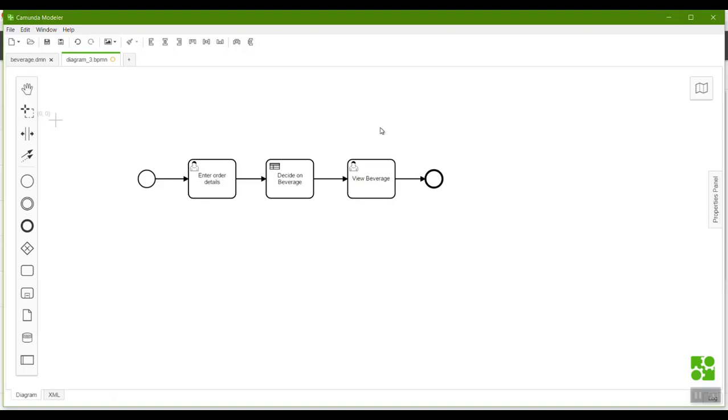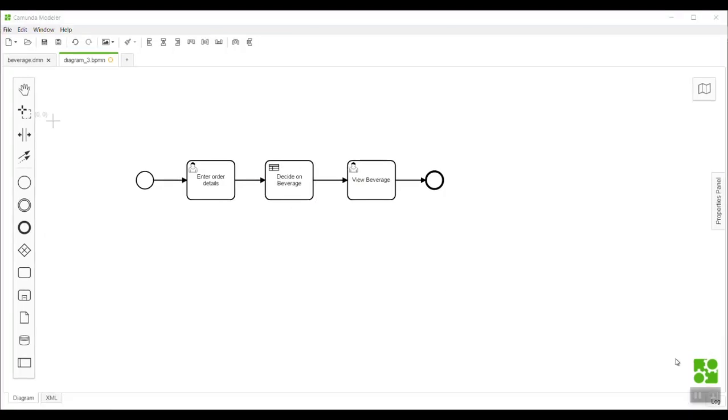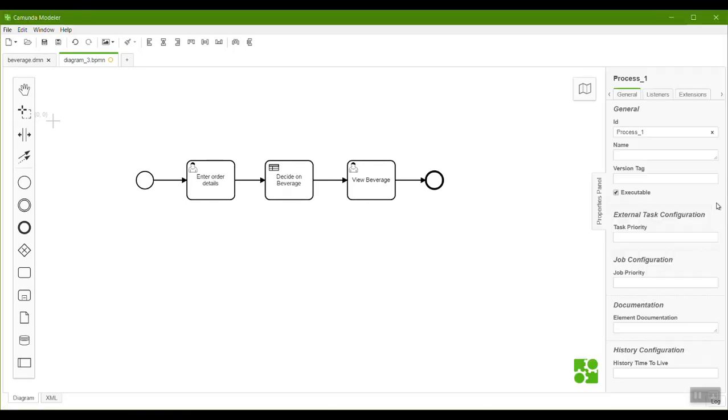So while this is great for design time, we now need to go in and actually make this executable and add the parameters that the engine is going to need in order to call this table. Okay, so let's do that next. All parameters that require execution are added via this properties panel on the right. So I'm going to select that, and first of all we need to give some parameters to this specific process. So this is going to be called the order drink process, and I'm going to give it an ID and then also a human readable name.